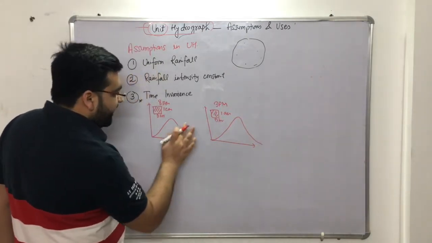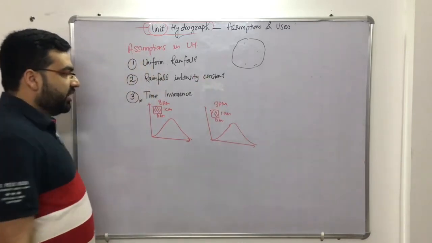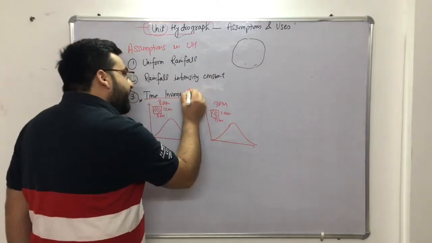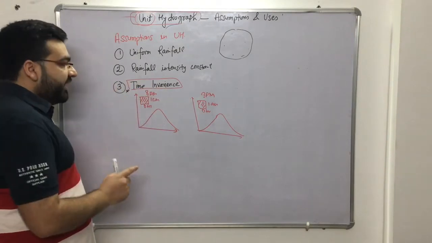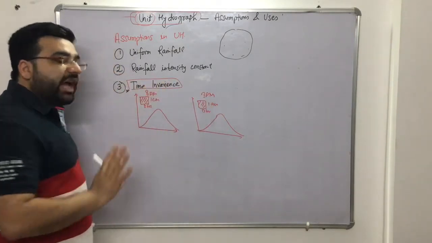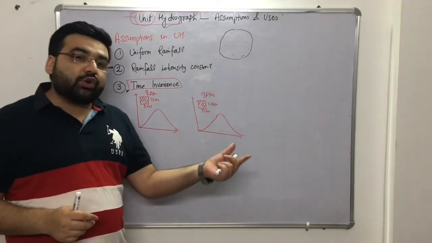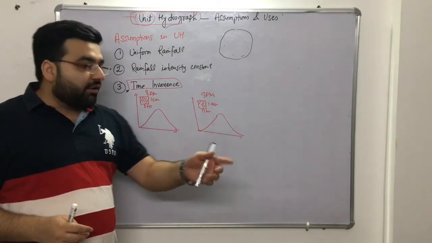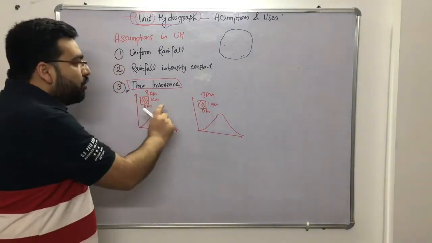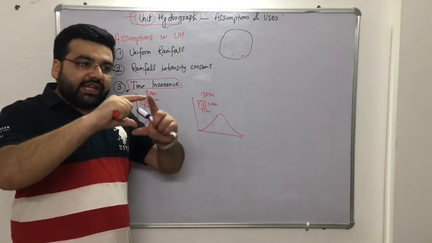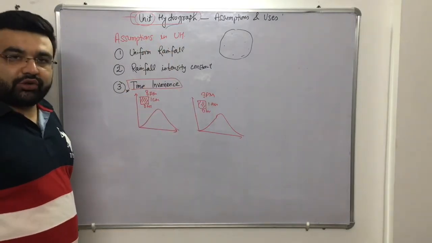It will not change, right? So same means same. It will get the same direct runoff hydrograph. So that is basically your time invariance. A lot of students get confused with the term time invariance. So I hope that you have understood time invariance. Time invariance means that the direct runoff hydrograph will be independent of time, whether it is 8 a.m. or 3 p.m. or after 2 days or 3 days. If the same amount of effective rainfall is there, then you will get the same DRH, direct runoff hydrograph, right?